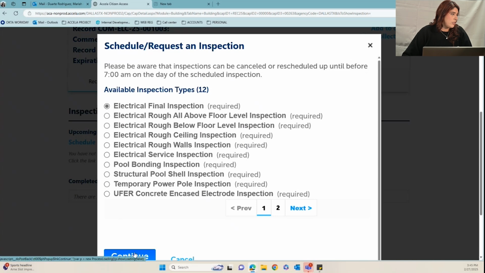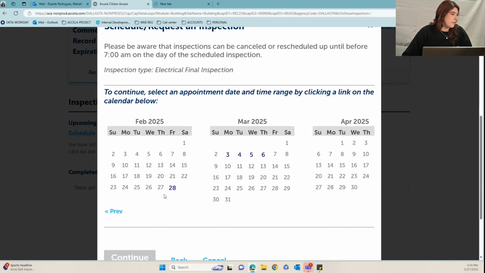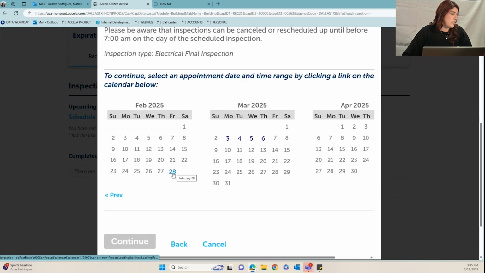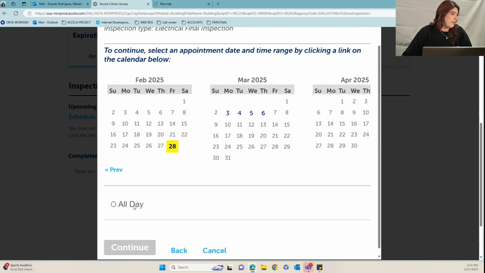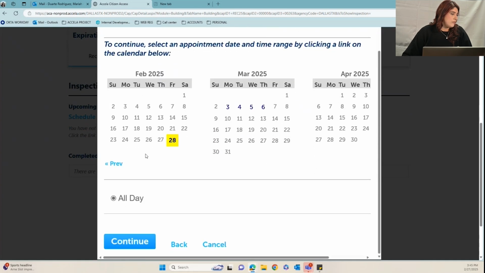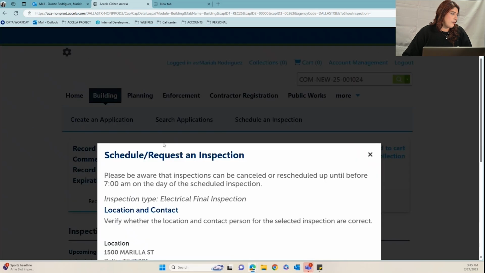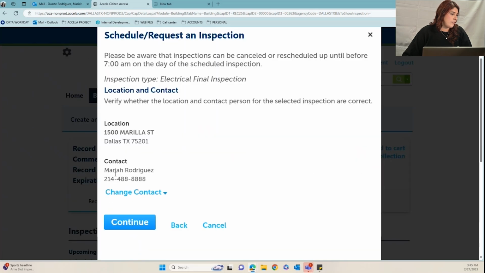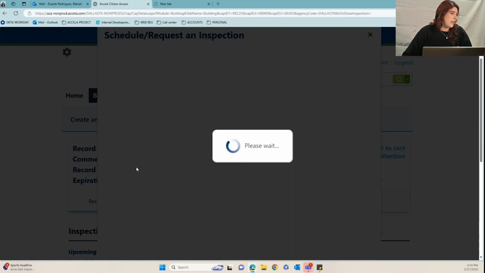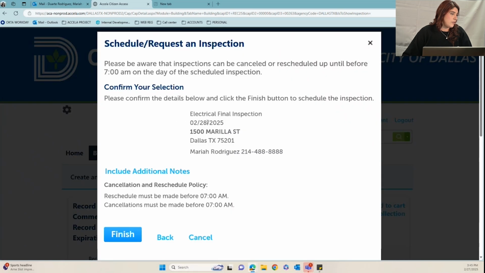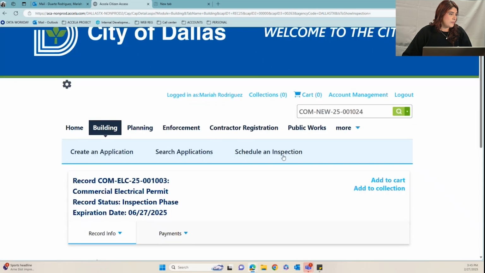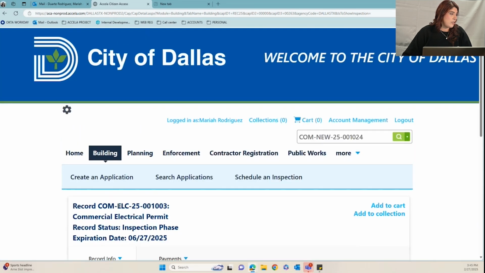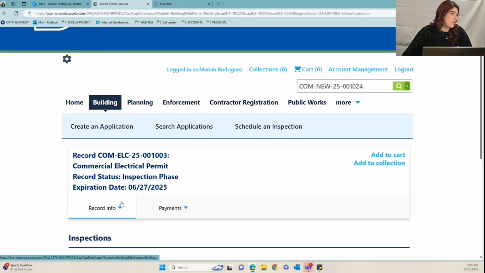You have a list of your inspections, and you're given an option to choose a date you would like the inspection within a week. And here you're verifying the location and contact information and the inspection that is being scheduled. Now that I have scheduled my inspections, it is now on the city side for the inspections to be